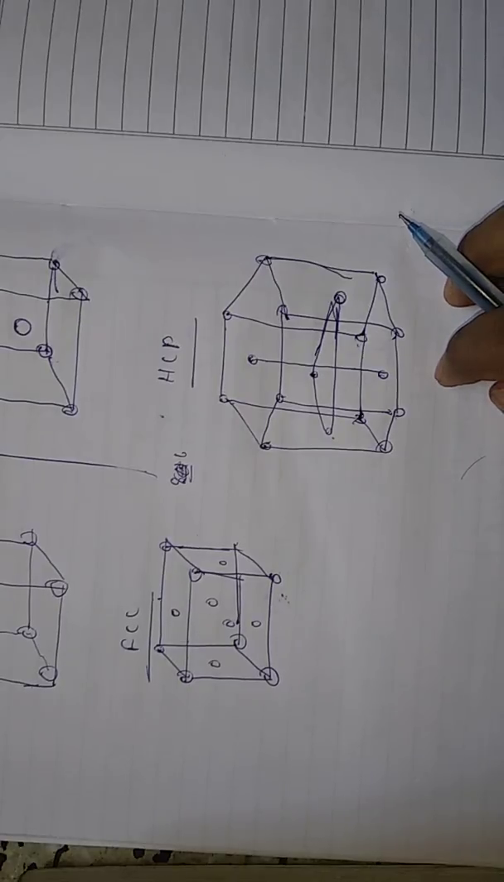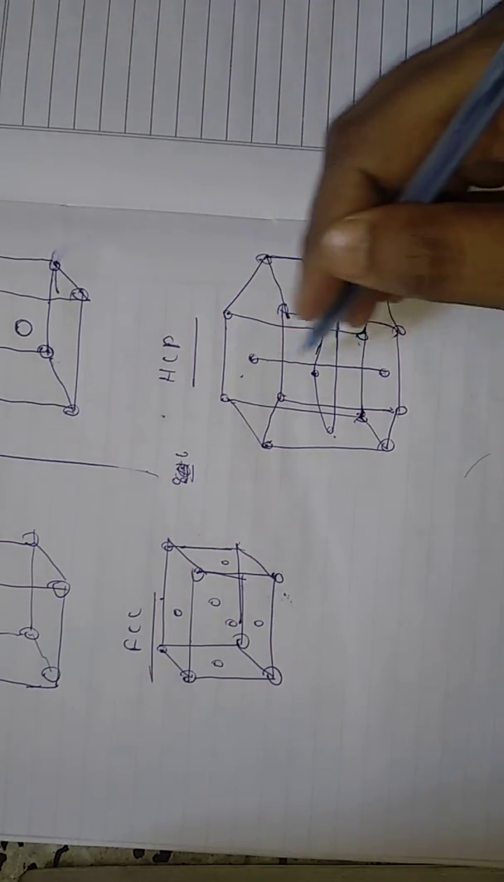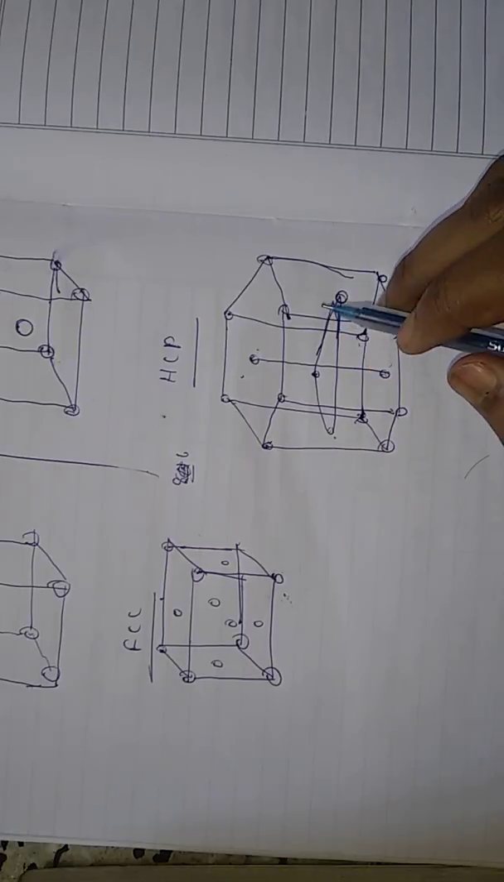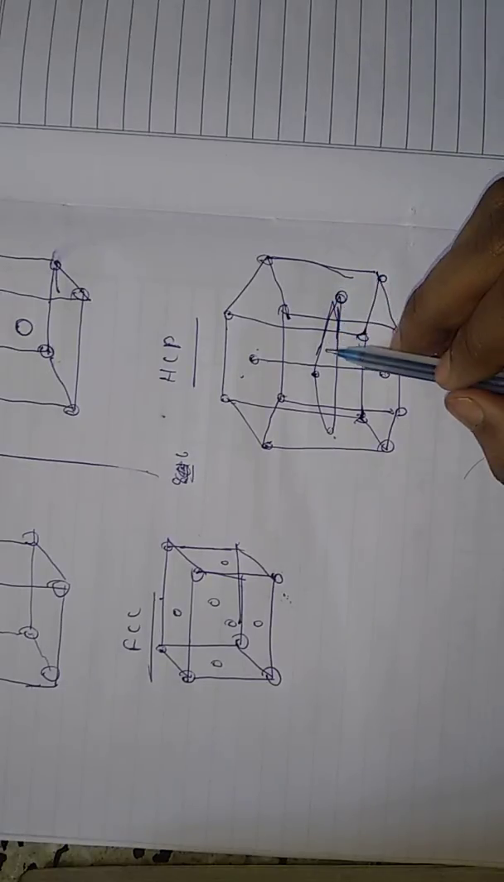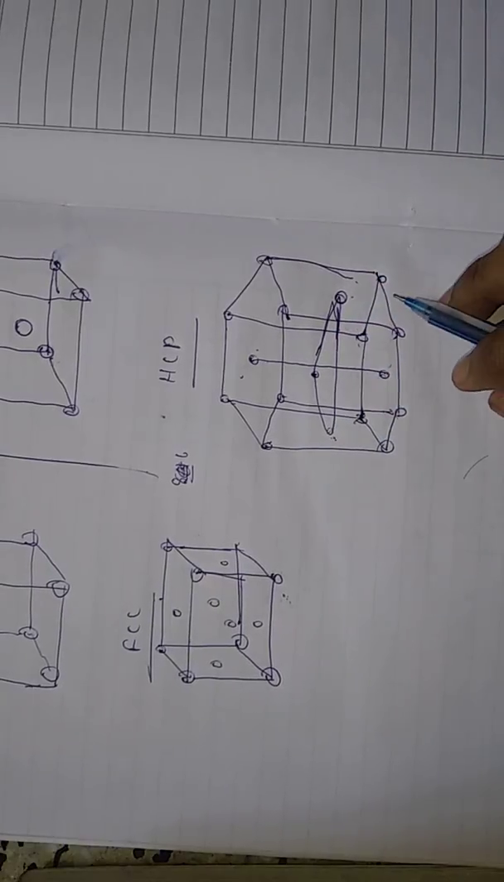And 3 more atoms within the body. So this is the face of the hexagonal prism. This is one atom, this is one atom, and there are 3 atoms within the body of the unit cell. So these 3 atoms are arranged here. So this is basically a hexagonal close pack